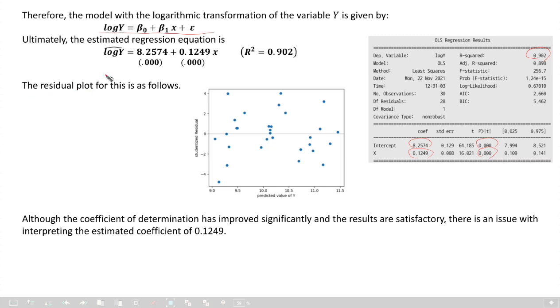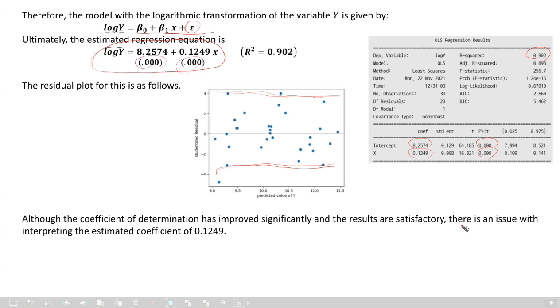And the residual plot for this model is like this, in a consistent band. We can see a consistent distribution of residuals. So this residual plot indicates the assumption about epsilon holds. Therefore, we had better use this result for your analysis. Although the coefficient of determination has improved significantly, about 10%, and the results are satisfactory,